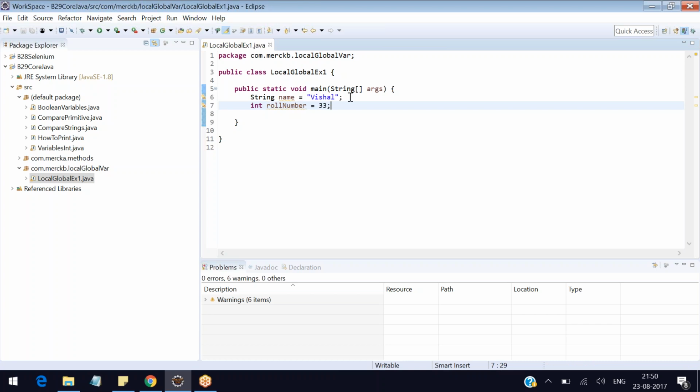Now, any variable which is declared inside a method. See, name is a variable which you have declared inside a method. Roll number is also a variable declared inside the main method. In the same way, say I have one more method called public static greet. There is one more method, and I'll say string greeting is equal to